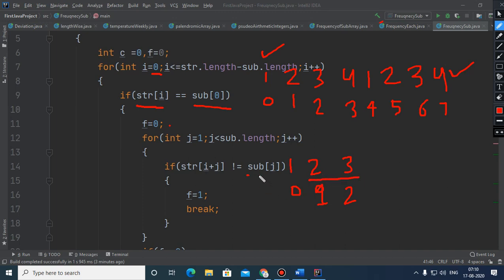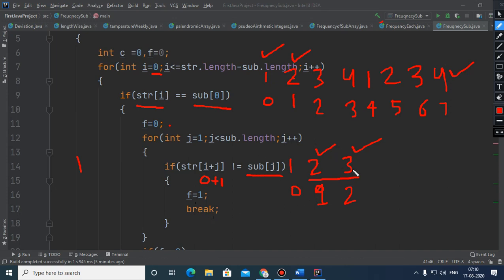So sub 1 means this 2 and sub 2 means this 3. When the value of j is 1, at this moment the value of i was 0 and 0 plus 1 is this one, and this element 2 will get matched with this 2, so there is no change in the status variable f.